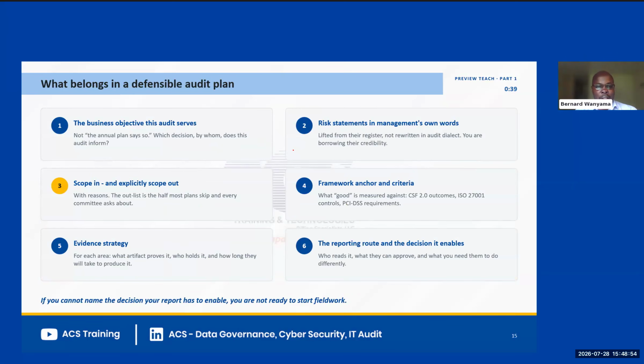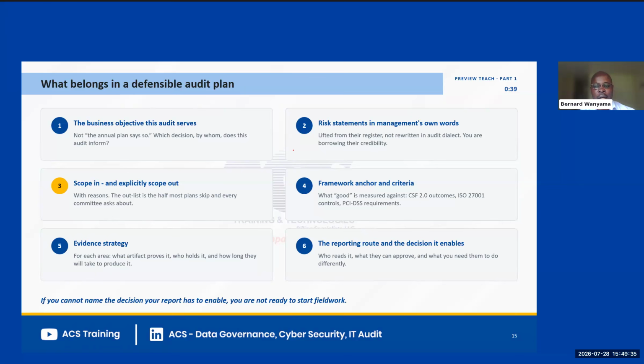Okay, looking at our audit plan that's defensible, we've got to tie it to the business. It's got to make sense to the business. It's got to matter to the business. It's got to be about the business. And in this case, the business is about the stakeholders: the clients, the suppliers, the staff, the shareholders, the regulators. The business is made up of different stakeholders, and so we've got to understand their needs and how those needs are being met or being impacted by certain risk events or certain risk types.